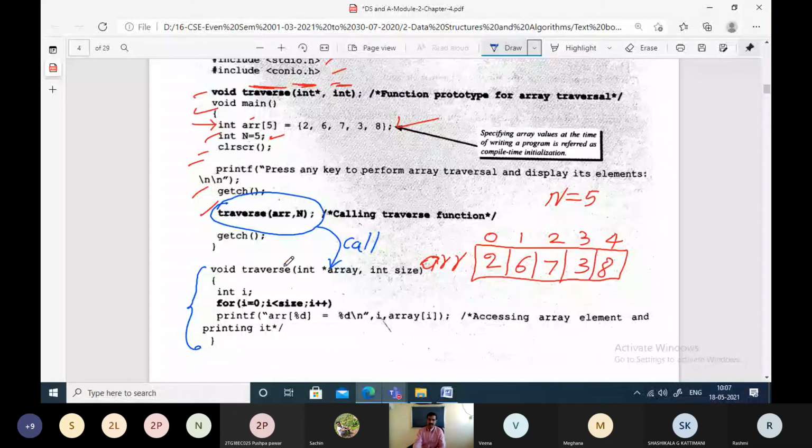Here we are calling the traverse function by passing this array and this size, because n is nothing but 5, that is the size of the array, and the array is an entire array that we are passing to the definition. Basically what this contains now, arr, these are just names for the formal parameters, so you can use any name.